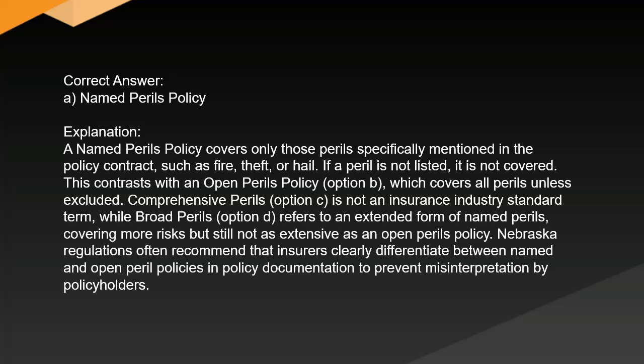Explanation. A named perils policy covers only those perils specifically mentioned in the policy contract, such as fire, theft, or hail. If a peril is not listed, it is not covered. This contrasts with an open perils policy, option B, which covers all perils unless excluded. Comprehensive perils, option C, is not an insurance industry standard term, while broad perils, option D, refers to an extended form of named perils, covering more risks but still not as extensive as an open perils policy. Nebraska regulations often recommend that insurers clearly differentiate between named and open peril policies in policy documentation to prevent misinterpretation